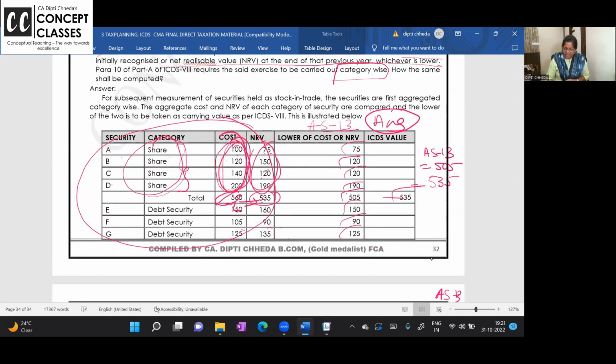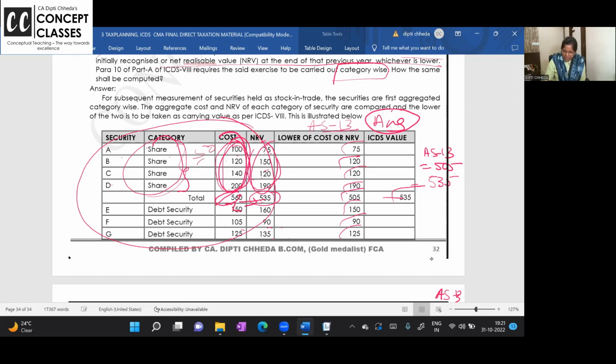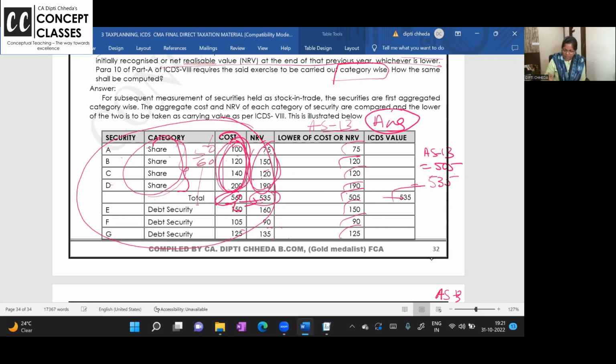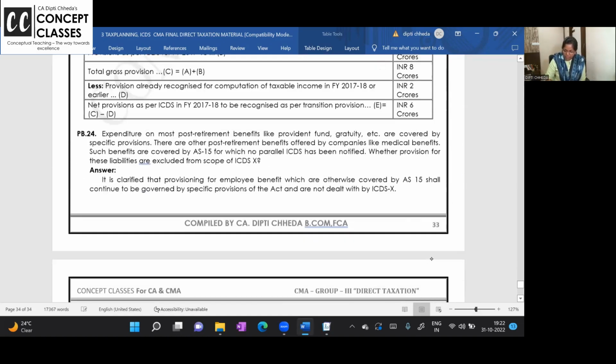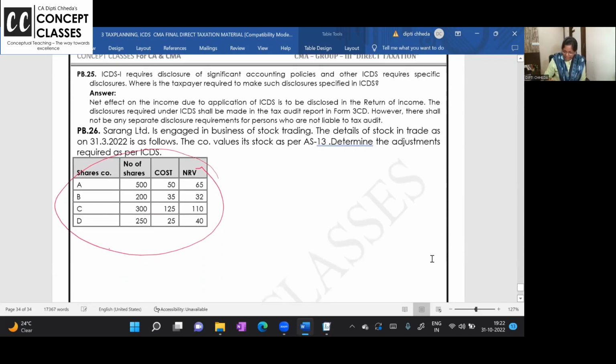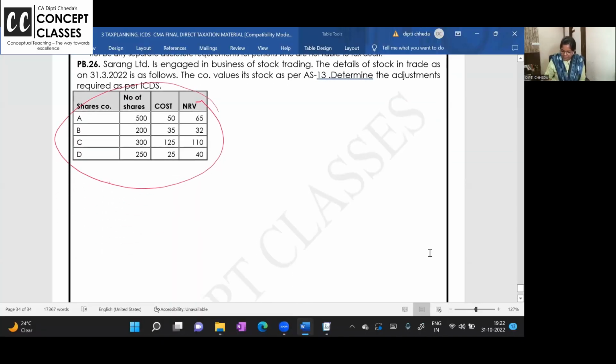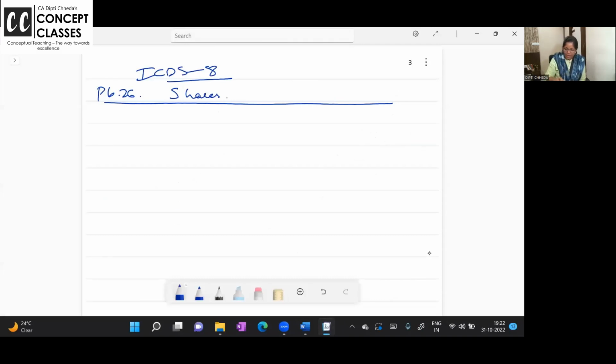There, the number of shares was assumed to be uniform. Are you getting it? A company के 50 और B company, ऐसे नहीं है. Number of shares is missing, so we just valued it in total. Here, the number of shares is given, so we can value it. I will solve the problem and it will be very clear to all of you. Do it just the way I'm saying. Are you all able to see the notebook?